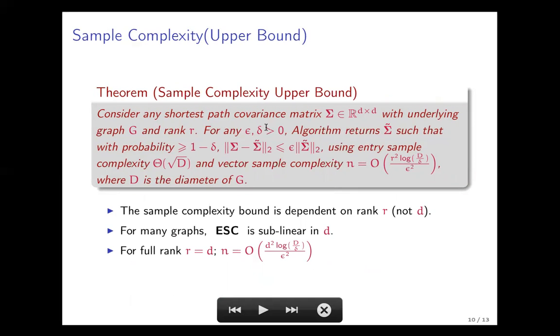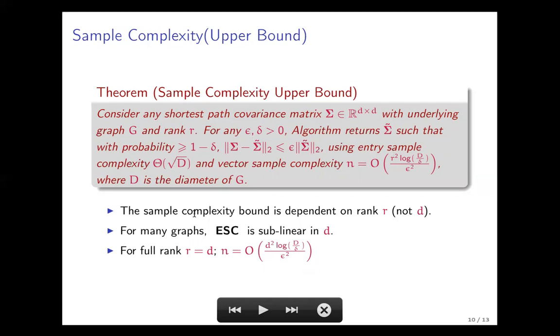So for any given epsilon, delta greater than 0, the algorithm returns a sigma tilde which, with probability 1 minus delta, achieves an epsilon error in spectral norm with entry sample complexity theta square root of D, where capital D is the diameter of the underlying graph, and vector sample complexity r squared log(d/delta) over epsilon squared,